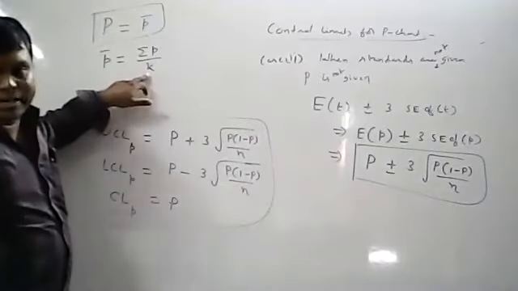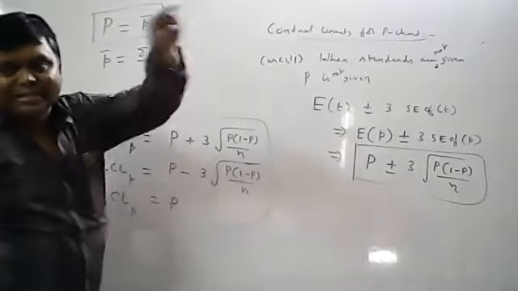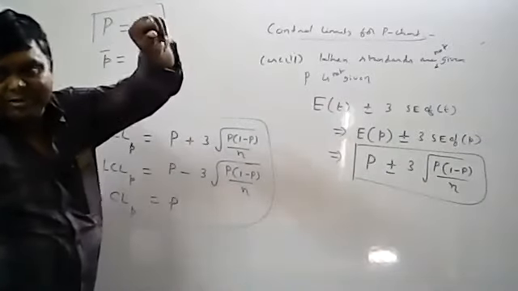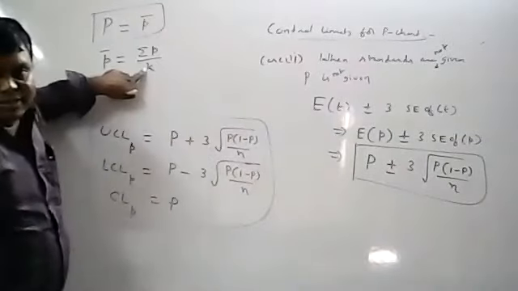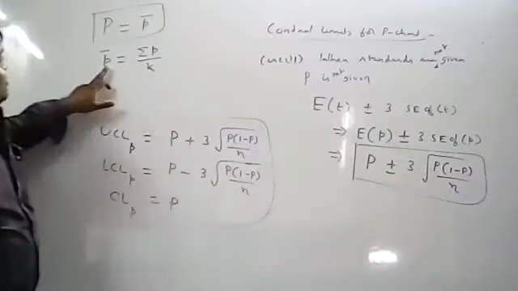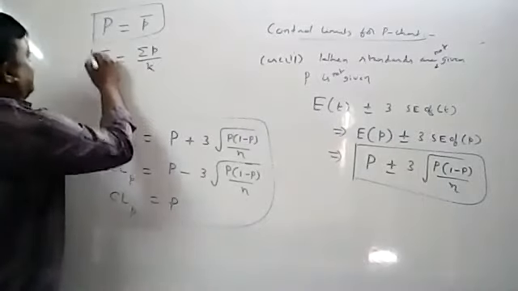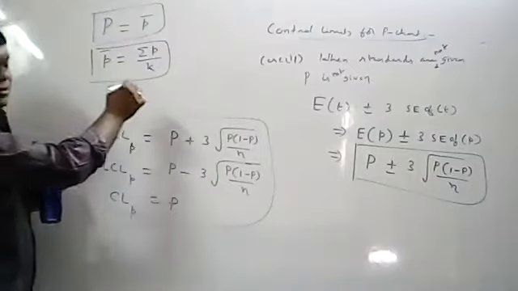But how many independent samples will be there? K. Like mean chart, range chart, you have done. K independent samples are there, each sample n will be fixed. N will be fixed. That n is different, this k is different. K is nothing but how many independent samples you have considered. So what is the small p bar formula? Small p bar equals summation p by k. Or, this formula you can use.